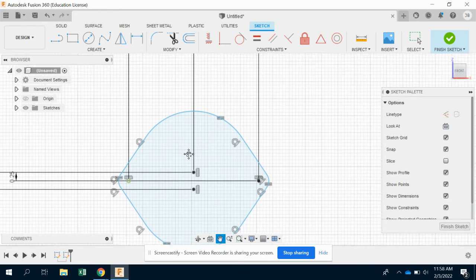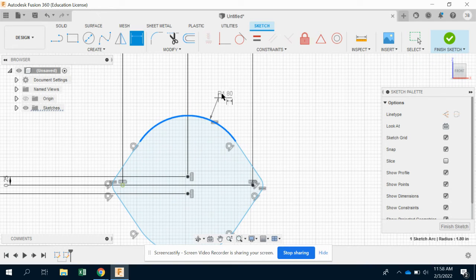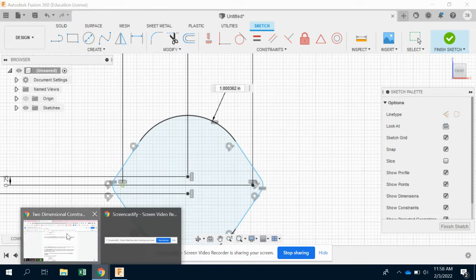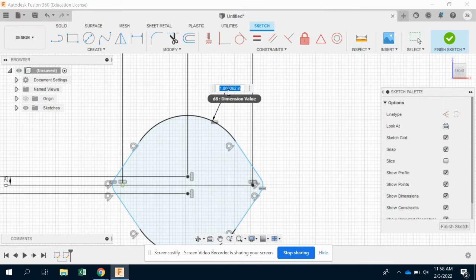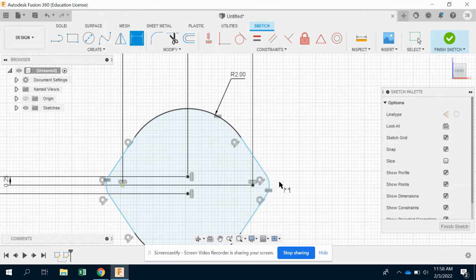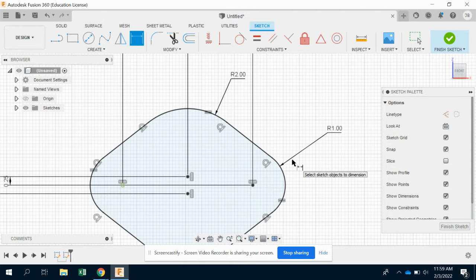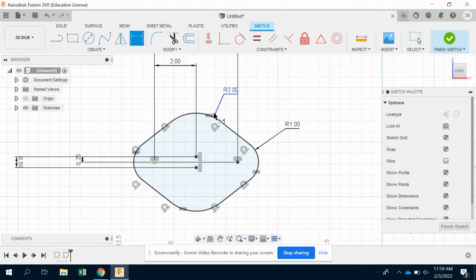And then if we zoom in, we're going to add a dimension on the arc here. Looking back at my dimensions, the top and bottom one should be 2, and the left and right should be 1. So I'm going to make this 2. And then make these 1. So try to just be patient